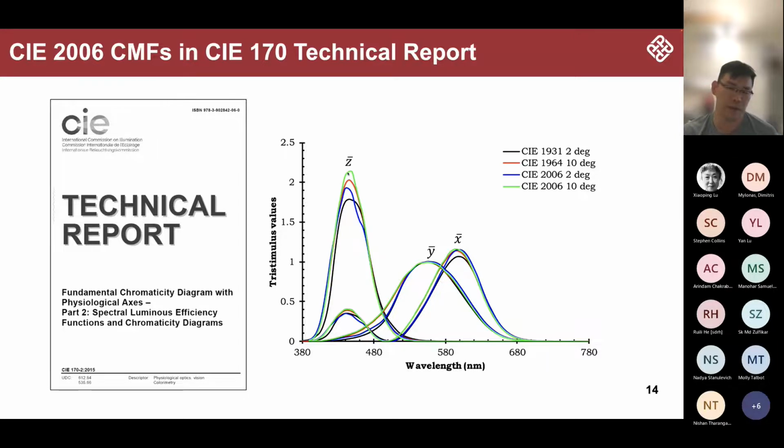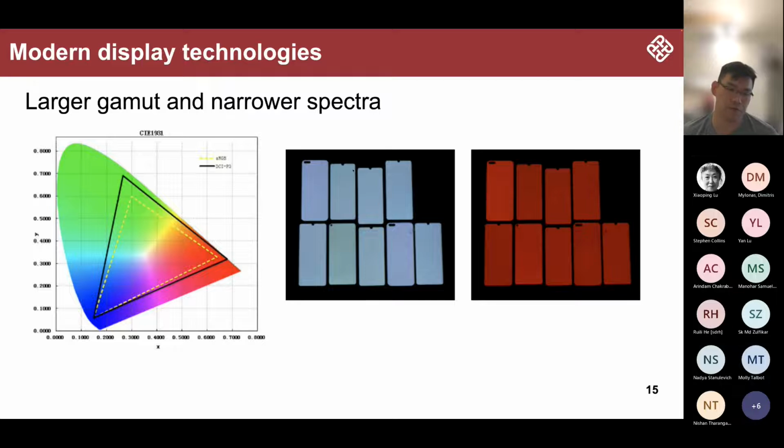And then I started to look at this problem, because with the development of display technologies, we are trying to include more and more colors from the display. In other words, we want to push the gamut area of the display. And if we want a larger gamut area, we have to put the RGB primaries closer to the spectrum locus. Which means the spectral power distribution will be much narrower for these larger gamut displays. And if that's the case, we find it introduces a lot of problems.